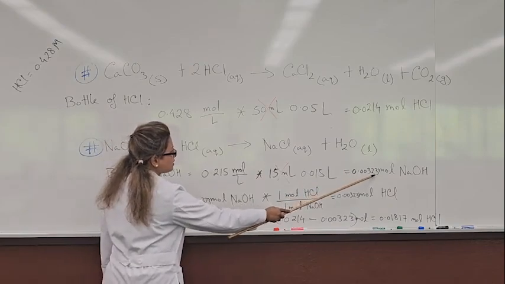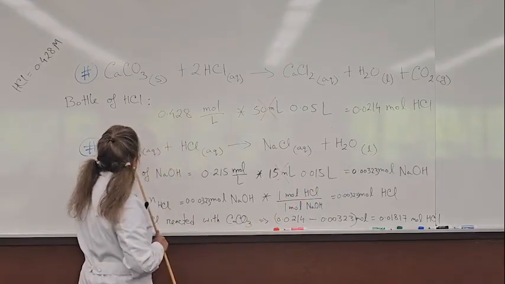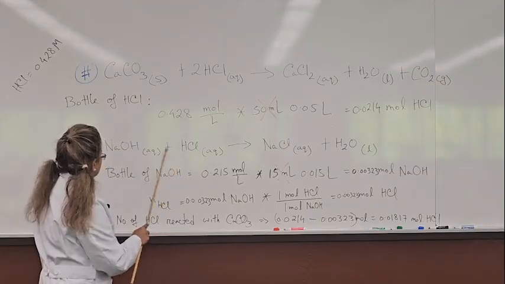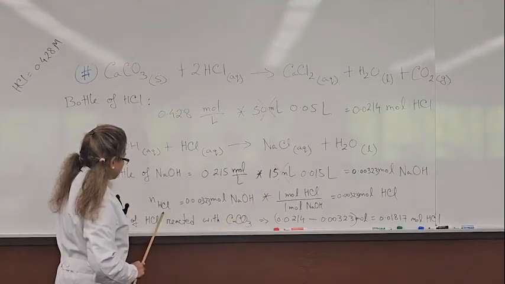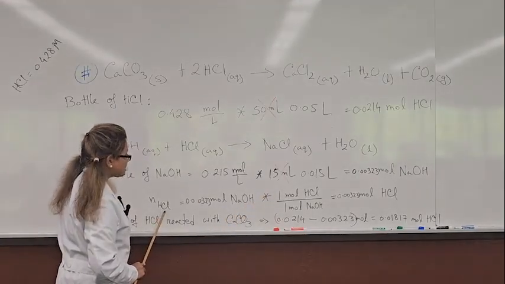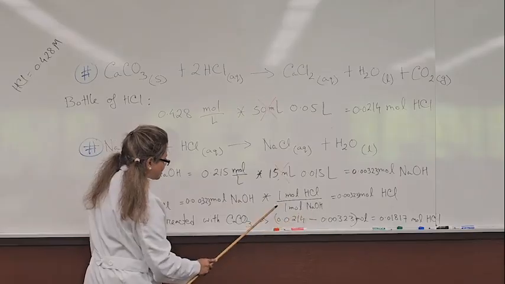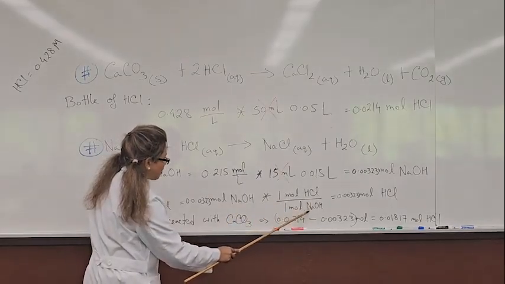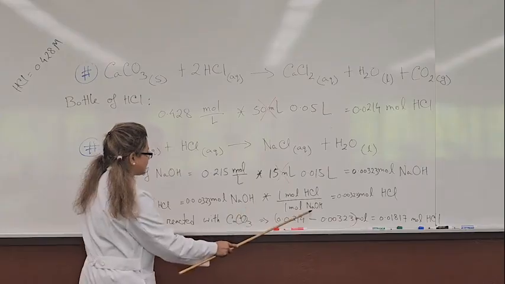This is the sodium hydroxide I have used in my experiment. Sodium hydroxide and hydrochloric acid react in a 1-to-1 ratio. So if you are trying to find the moles of hydrochloric acid, you should cancel your sodium hydroxide. That's why I put the sodium hydroxide number at the bottom, so that I can cancel it out, right? So sodium hydroxide should be cancelled.